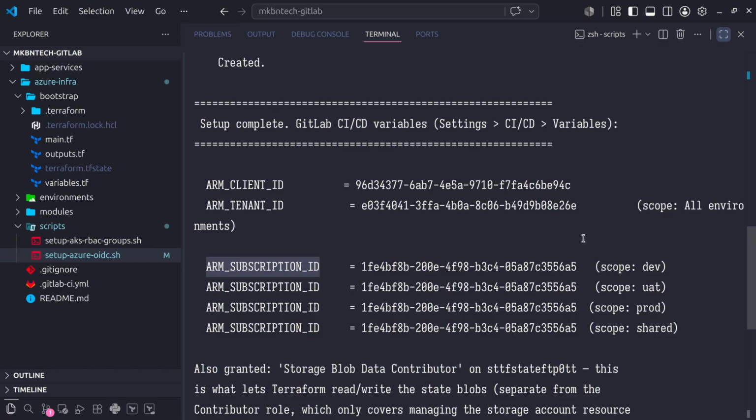UAT, prod and shared. So our pipeline can now build clusters securely, but how do your developers and platform leads actually access those clusters to deploy applications or debug issues? We don't want to manage local Kubernetes accounts. We want to tie everything back to our centralized identity provider. That is what our second script, setup-AKS